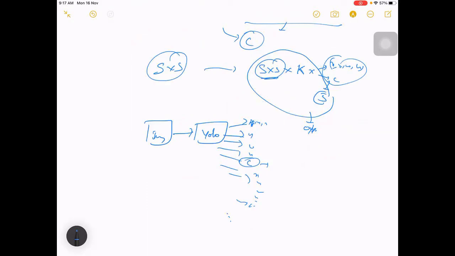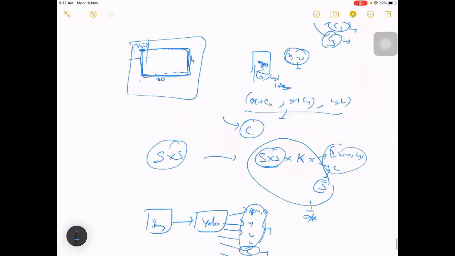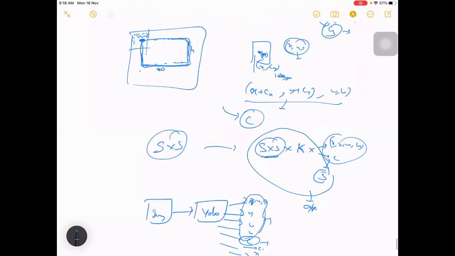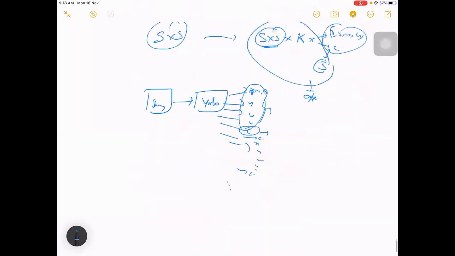Okay. Along with this, there is also a probability for the confidence level of your bounding box. So there is one more output, which is a confidence score for your bounding box. This is how YOLO usually works. In case you train this model, you need these values already available with you, and those values you finally use to learn this.